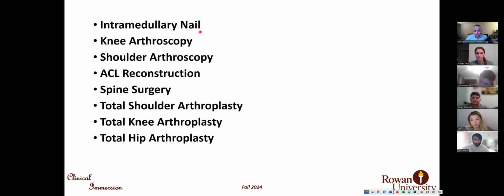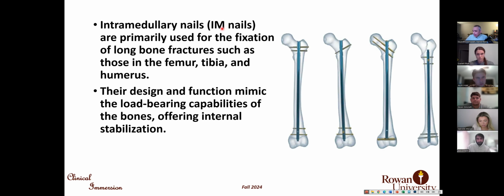Okay, Sign IM nail. That is the intramedullary nail. As the name shows, intramedullary nail